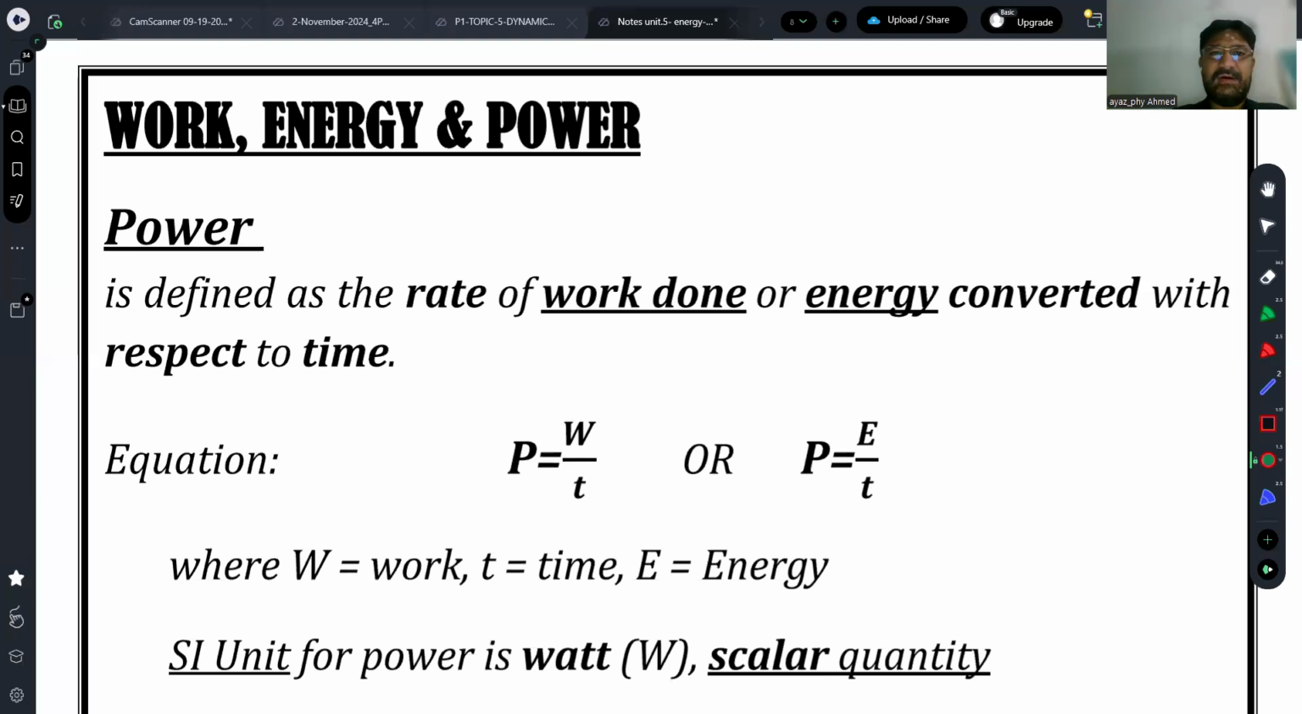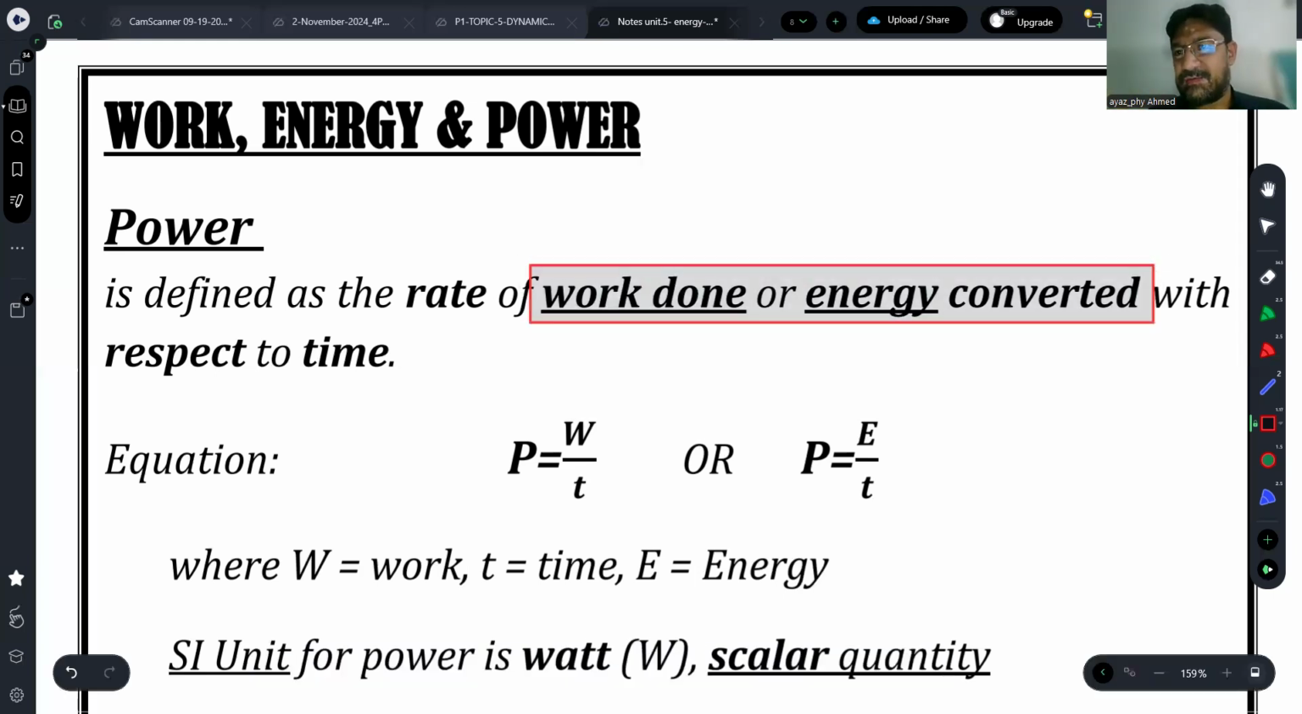Yes, I was talking about work, energy and power in my last lesson, and today in this topic we are going to talk about the next aspect of work, energy and power, that is power. So when we define power, power is actually the rate of doing work, or rate of energy conversion. So how fast the energy is converted from one body to another, or from one mechanism to another,